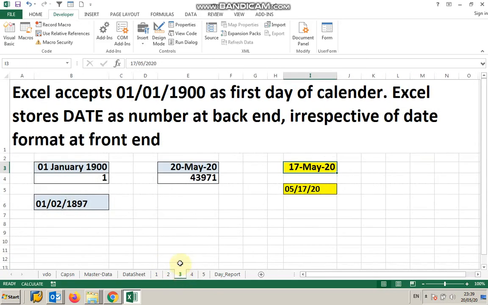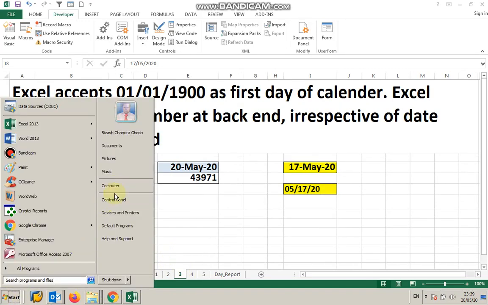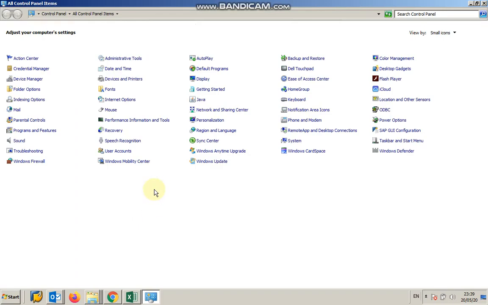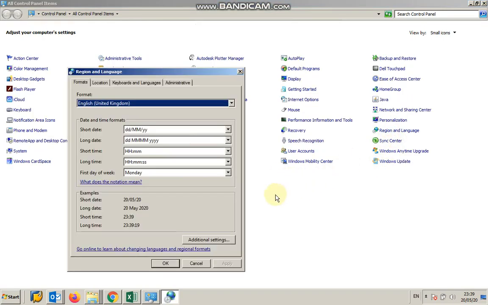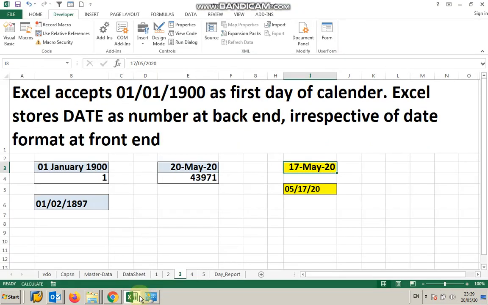First, you have to fix your date format in your computer. You have to know what the date format in your computer is, DD/MM/YY or YY/MM/DD. What is your date separator, slash, hyphen, whatever it may be. You have to write the date in that particular format. Then only Excel will accept it as a date.